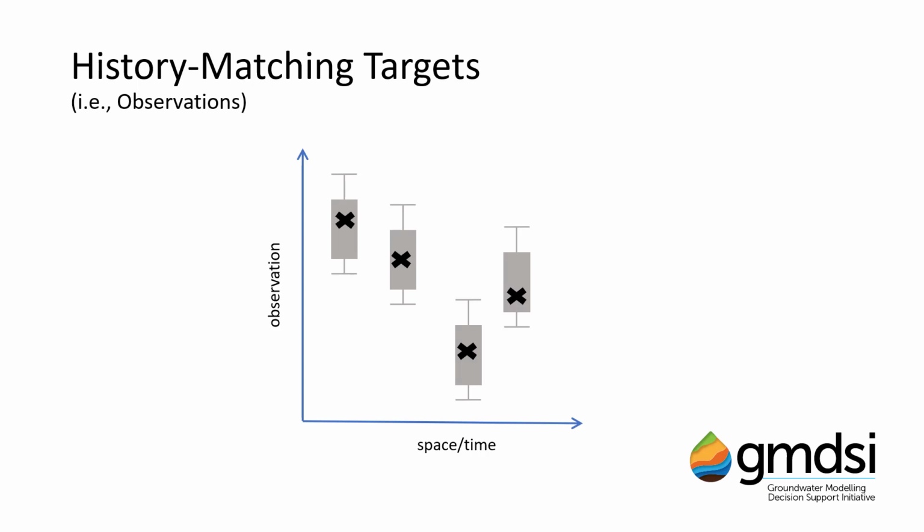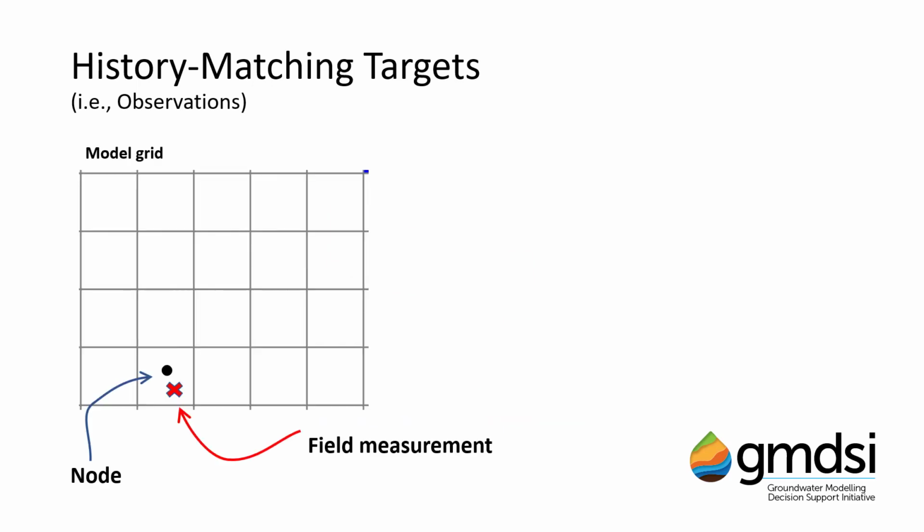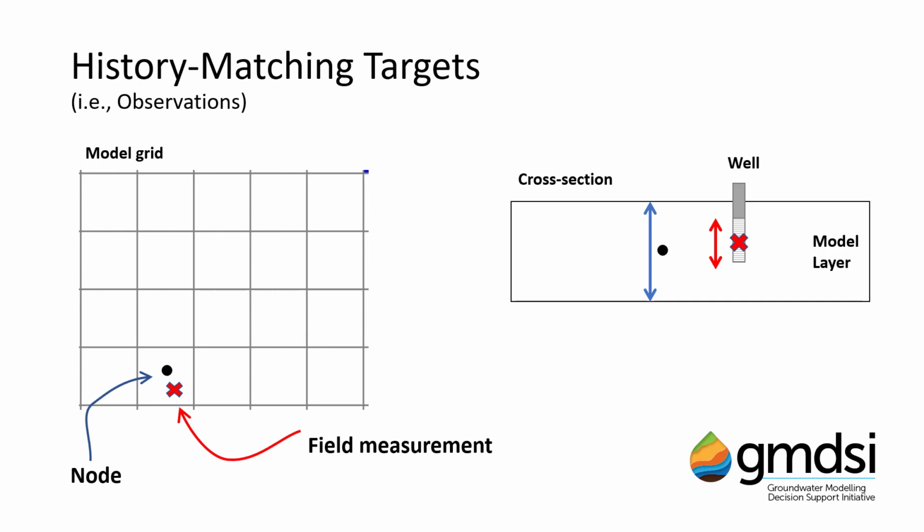Apart from the inherent uncertainty of the measurement, there are also errors introduced when comparing it to a model-generated value. Once again, issues of scale can come into play. Again, using heads as an example, if the location of an observation does not coincide with a model node, then model simulated values may need to be interpolated for comparison. Interpolation is an approximation, thus it has an inherent associated error as well. Or perhaps more intuitively, if a well from which heads are measured has a screen which only partially penetrates the thickness of a model layer, then the model simulated values and the measured values actually mean slightly different things.